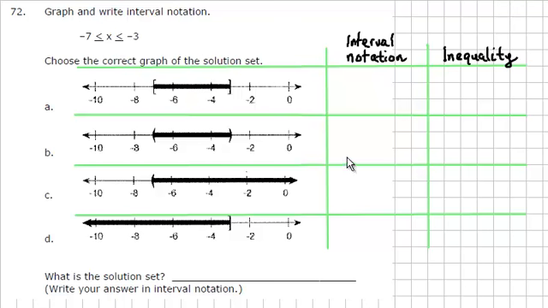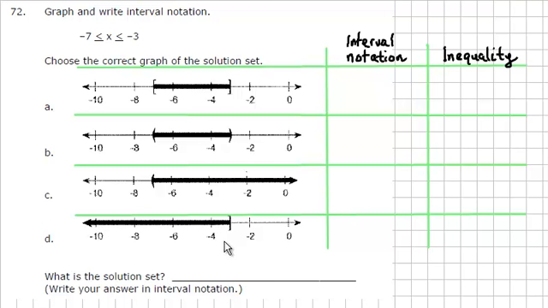Graph and write interval notation for the inequality -7 is less than or equal to x is less than or equal to 3. Let's take a look at our answer choices. Let's start with D. For D, we notice that the numbers on the number line that are shaded in are